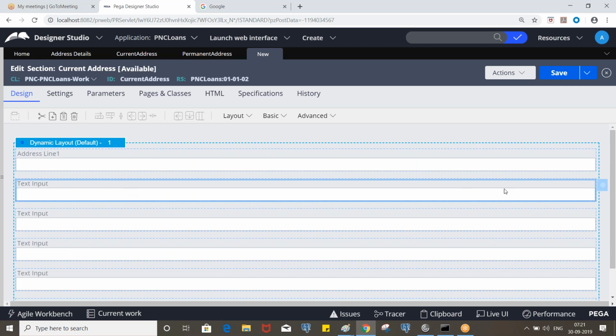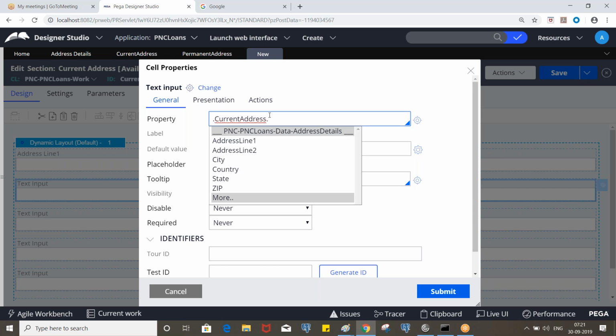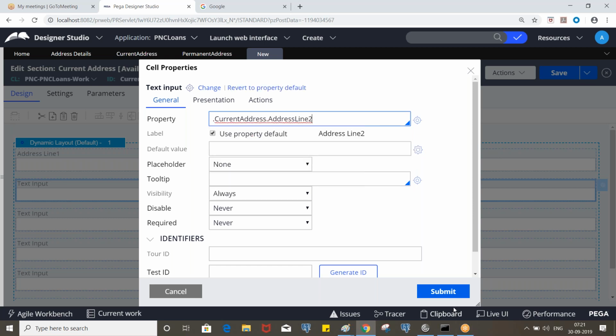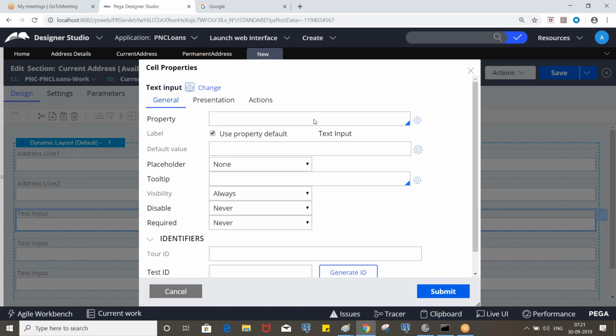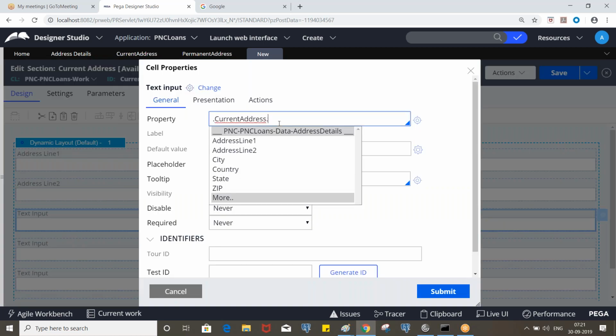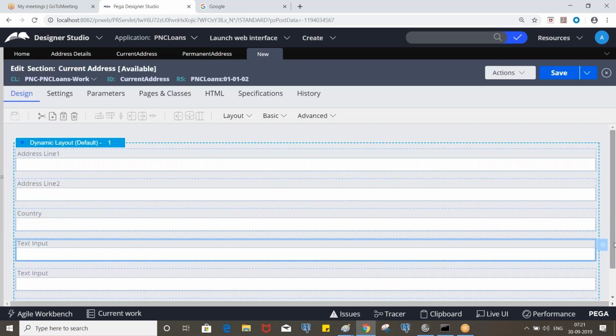Now go to the second text input, address line 2. If we are not putting the dot here, dot current address, it will not work. Okay. This is the reference.